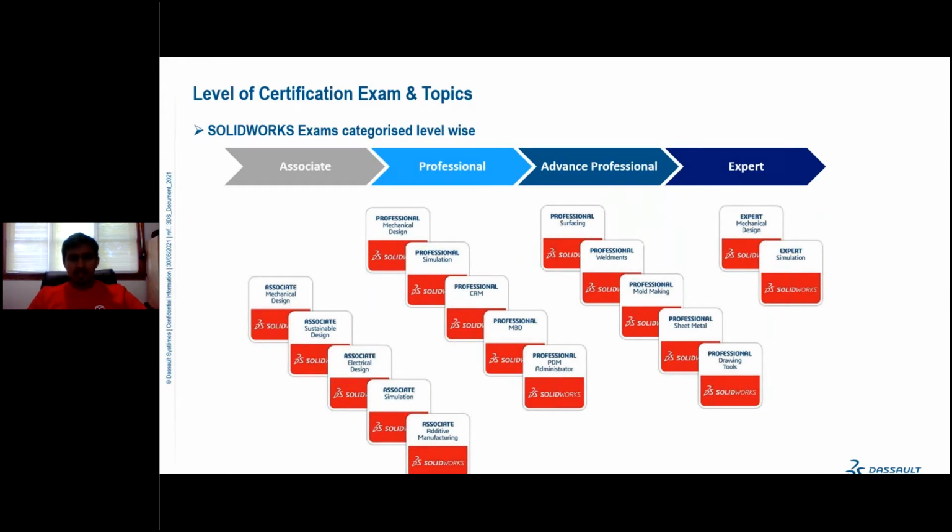In the CSWP, there is CSWP mechanical design. After taking the CSWP mechanical design, you have to complete at least 4 of the advanced professional level exams to get the CSWE certification. Also, you can go from the CSWA simulation to CSW Professional simulation, and you can also get professional exams in simulation, CAM, MBD, and PDM administrator.